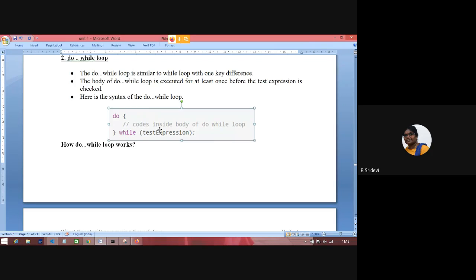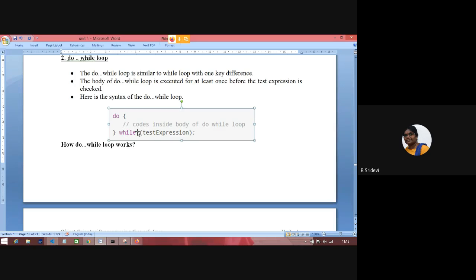Okay, by this time you might have understood the key difference between the while loop and the do while loop. What is the first difference? In a while loop we use only one keyword, while. In do while we use two keywords, do and while. Second difference: in a while loop we test the condition at the beginning of the loop.